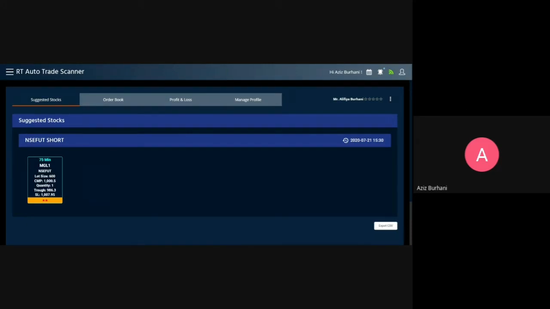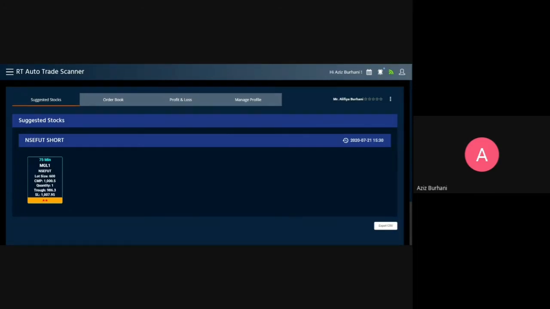Okay, so when we are talking of short sell, we are talking on the downside, and when we say break trough, that means it has to break on the downside, not on the upside. Okay, so trough has to be broken, so 986.3 has to be broken. You can enter anywhere around 986 or 985 or whatever, and your stop loss is on the higher side because it is a short trade, 1007.95. So your exit can be anywhere above 1008. Okay, so that is the RT Auto Trade Scanner for you.